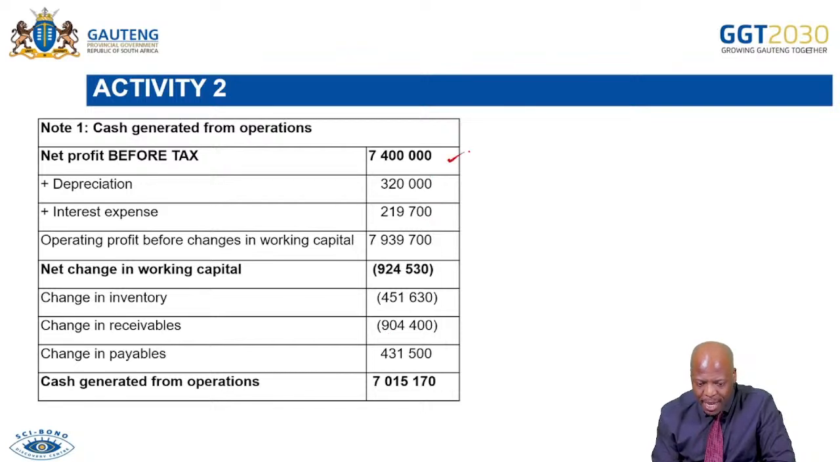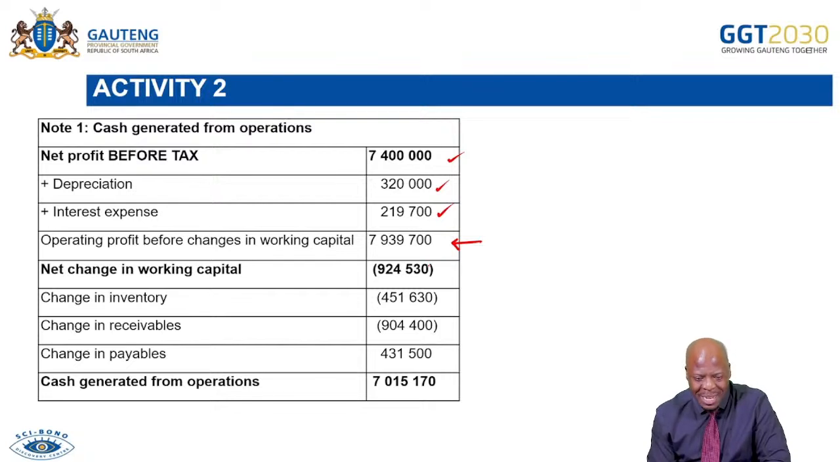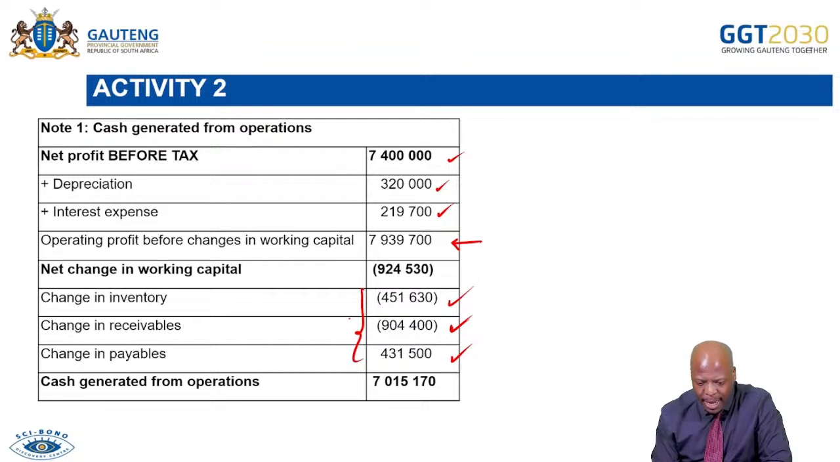So we have started from here, profit before tax. We added our depreciation. We added our interest expense. Then we came here where we got our operating profit before changes in working capital. After that, we did the net change in working capital, whereby we added these amounts: an increase in inventory, an increase in payables, and an increase in receivables. And then that gave us the